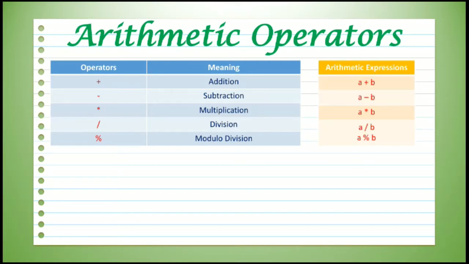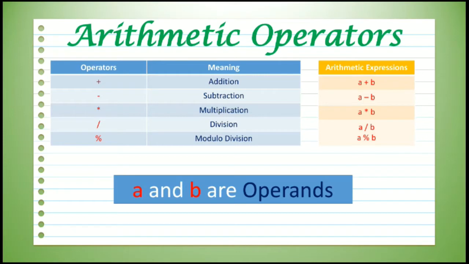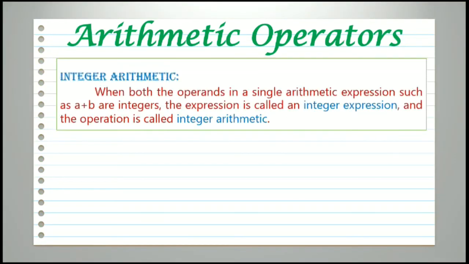For example, a plus b, a minus b, a into b, a divided by b, and a mod b. In this way, arithmetic operators are used. Here, a and b are variables and are known as operands. Again, arithmetic operators are subdivided. In that, first one is